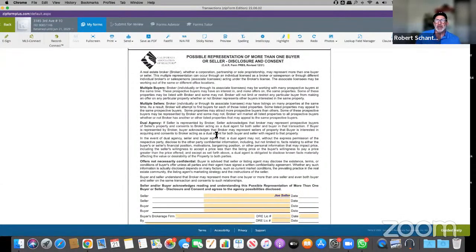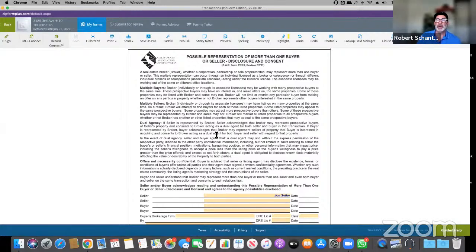The next form is the PRBS, the possible representation of more than one buyer or seller. And it's actually a disclosure, but it's also a consent. Okay, and the consent meaning you're now taking this listing from the seller, and the seller is going to trust you to get the home sold and put on the market. But you as an agent and us as a brokerage might actually have a few things in common. We actually might have other sellers in the geographic area